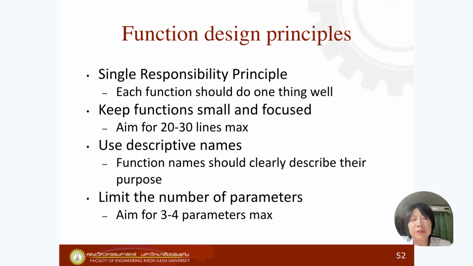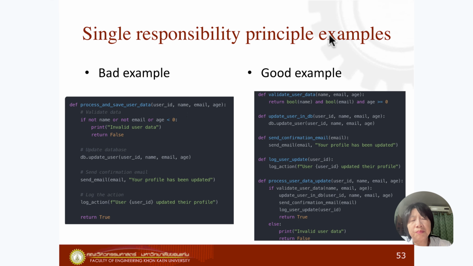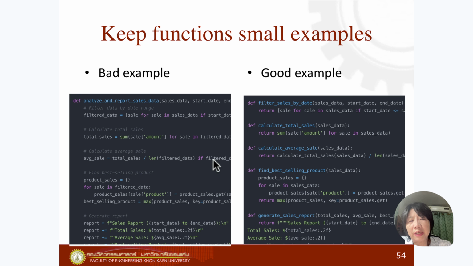And there are also some function design principles that we should learn. The first one is the single responsibility principle. One function should do only one thing. And the second one is we should keep functions small, so they should be executed for only minimal